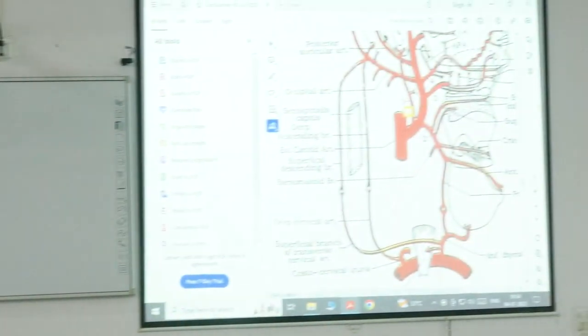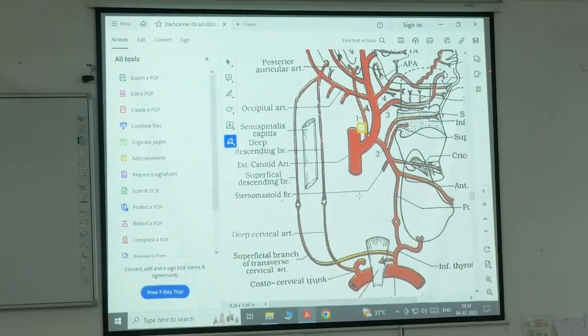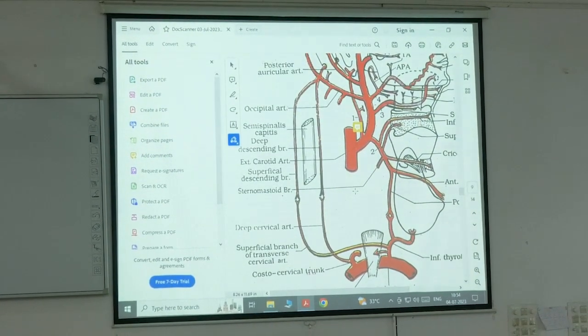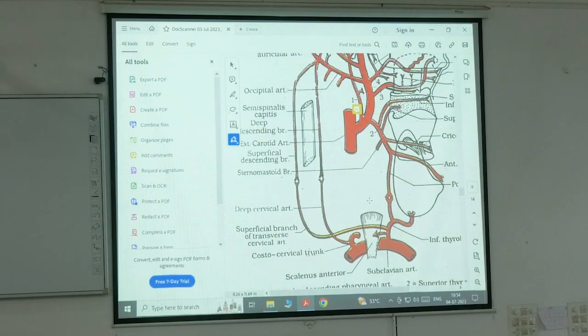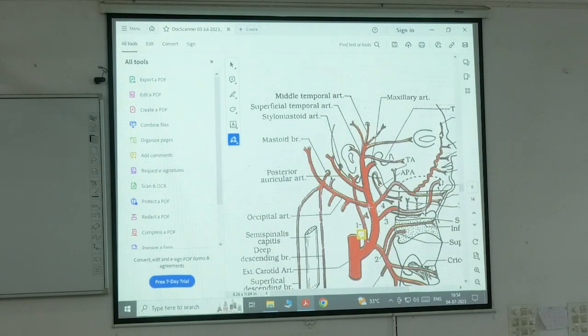ওরে বোকা, থাইরয়েড গ্ল্যান্ড। তাহলে দিস ইজ সুপিরিয়র থাইরয়েড আর্টারি, দিস ইজ লিঙ্গুয়াল আর্টারি, দিস ইজ ফেসিয়াল আর্টারি, ওয়ান ইজ দ্য অ্যাসেন্ডিং ফ্যারিঞ্জিয়াল, দিস ইজ দ্য পোস্টেরিয়র অরিকুলার আর্টারি। অনেক ব্রাঞ্চ দেয়, আর এই যে দুটো সুপারফিশিয়াল ব্রাঞ্চ, দ্য ম্যাক্সিলারি আর্টারি অ্যান্ড সুপারফিশিয়াল টেম্পোরাল আর্টারি, দেখেছো দুটো ব্রাঞ্চ। এই টার্মিনাল ব্রাঞ্চটা দেয় কোথায়? এক্সটার্নাল ক্যারোটিড।